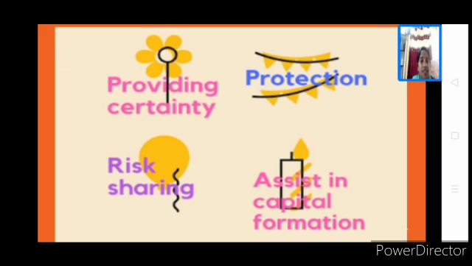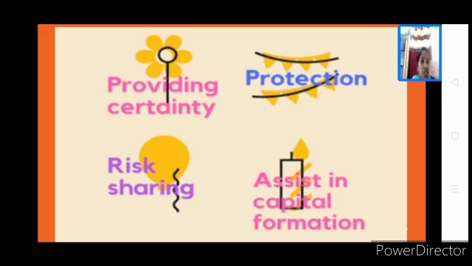Then protection. Yes, when we say life insurance, it gives complete protection to the insured. It says that if something happens, it's we who are going to protect you at the time of inconvenience. For example, you might have heard about health insurance, right? When they go for operations, major things and all, it is the insurance company that pays for that operation. Actually, we may not pay so much premium, but we take so much benefit. Such protection is given by the insurance companies. Protection of life and protection of goods also.